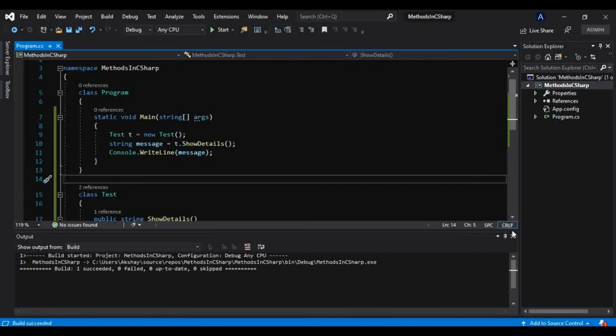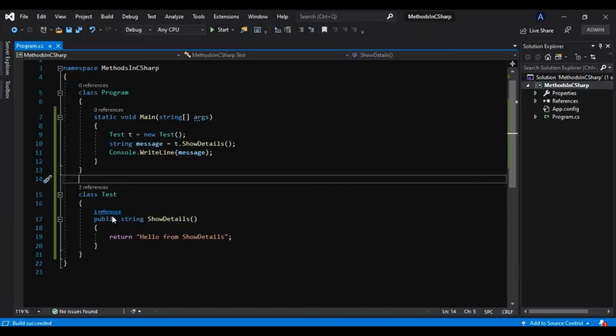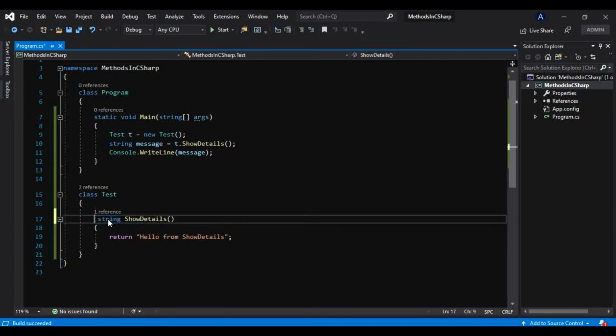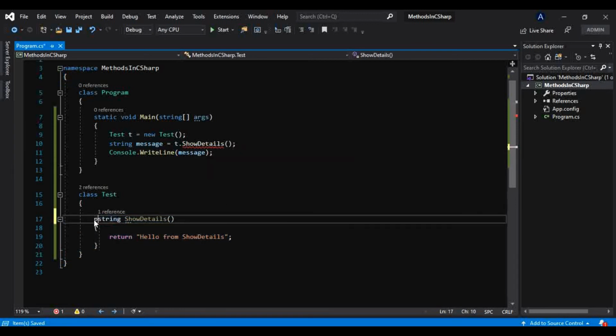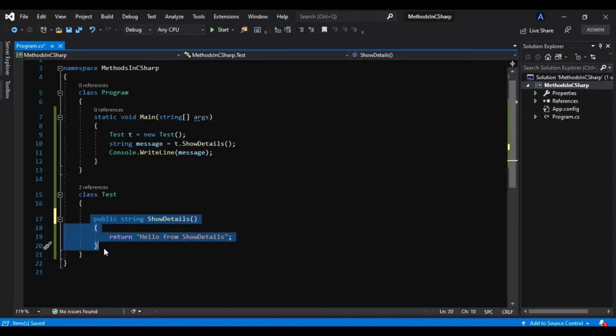But to show you that if I would not have used that public in front of that return type, then it should not have let us access this method outside this class. So that's what it is doing. So it is throwing an error. What it says is inaccessible due to protection level. Now by default this method will be private. So as soon as I make that public, it will be good to go. So it is not throwing an error.